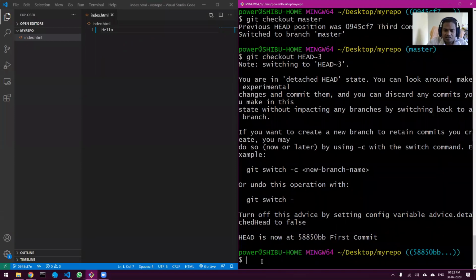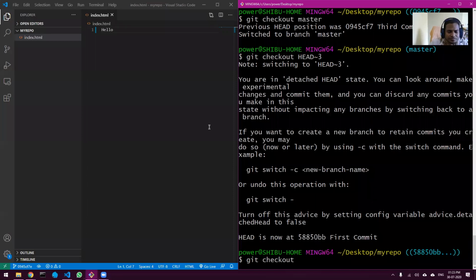Okay. So basically in the checkout, you can have 3 different variations. Okay. One is you can put the hash that is there from the git log. Second is you can put the name of the branch. In our case, there is right now only one branch, that is the master. So I can put master, or you can use head. You can change the head incrementally. Okay. So wherever the head currently is, you can go up or down. Basically here we are going to go down.